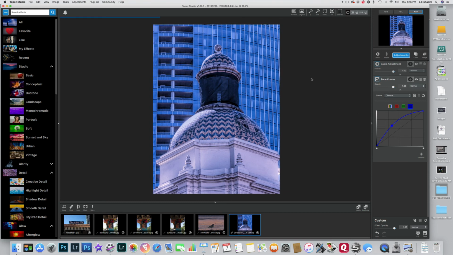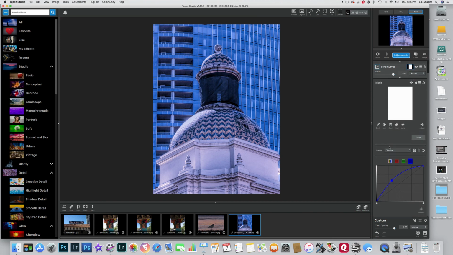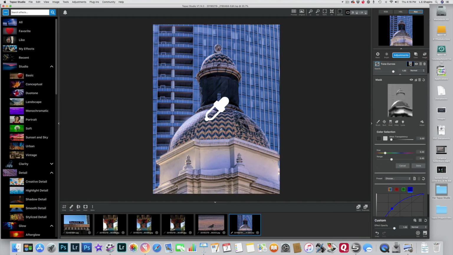That's nice because I get to the blue tones I want, although it puts perhaps too much blue in the building with the dome, so I'm going to want to put a mask on this. So let's see how we can do it. Can we do it with luminosity, or do we have to do this with a brush? Can we use a spot or a gradient? I'm going to first try the